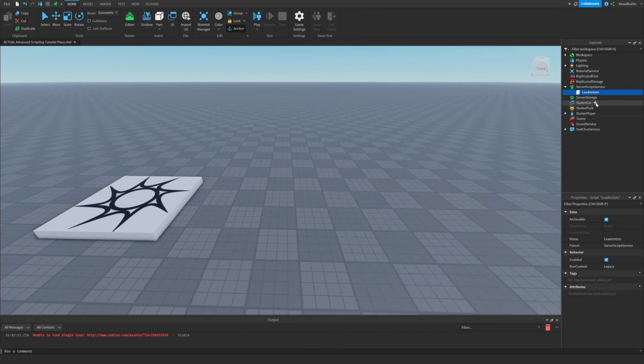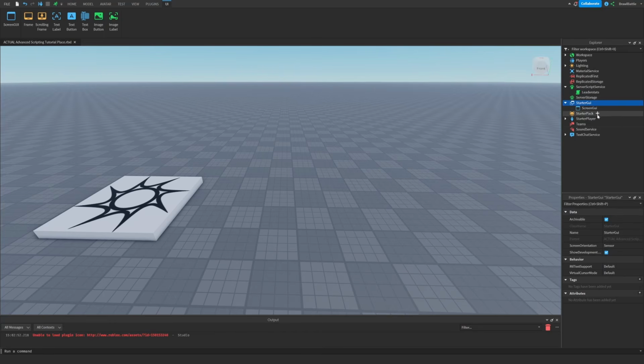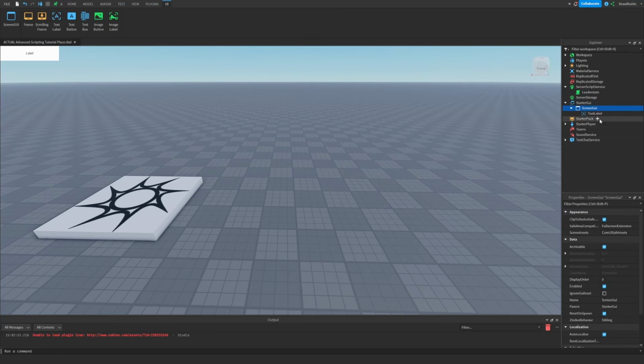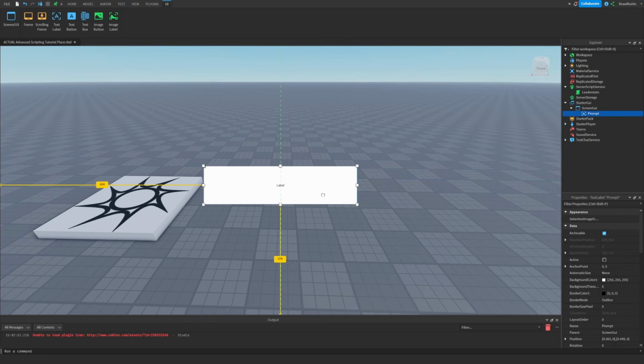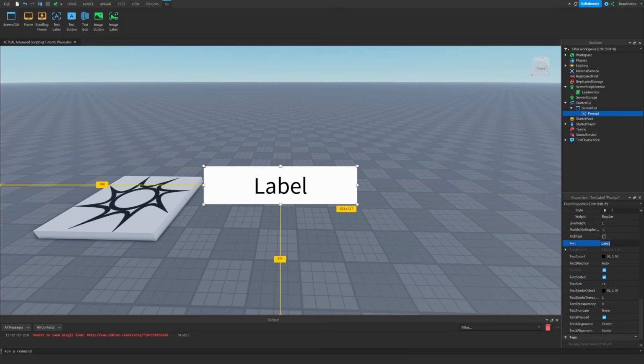So in StarterGui, we're going to create a screen GUI, and then inside of the screen GUI, we're going to create a text label, and we're going to rename this to prompt. And let's move this over here. Let's drag it a little bit. Let's center it. Let's go down here, text scale it, and then let's change the text to, would you like